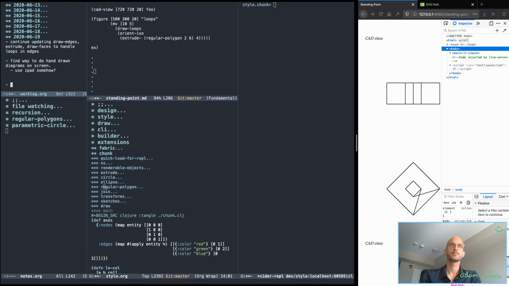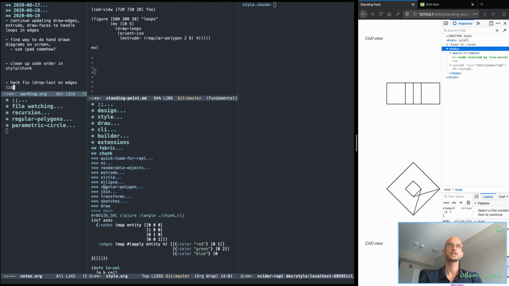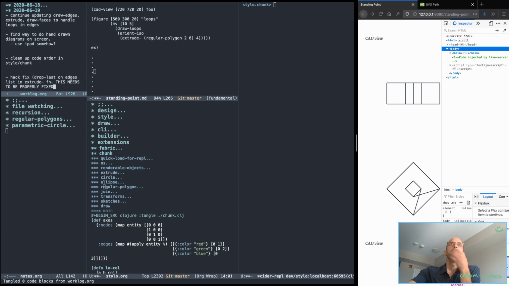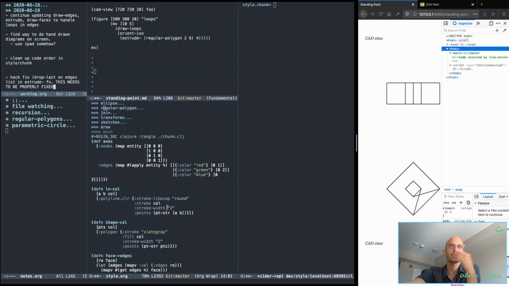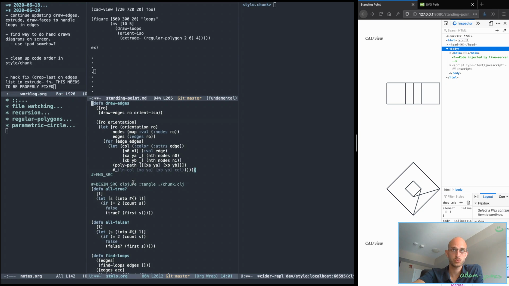Okay, here, clean up code order in stylo and chunk, and hack fix drop last on edges list in extrude function. This needs to be properly fixed. That's fine. So that does also mean that in my draw loops,